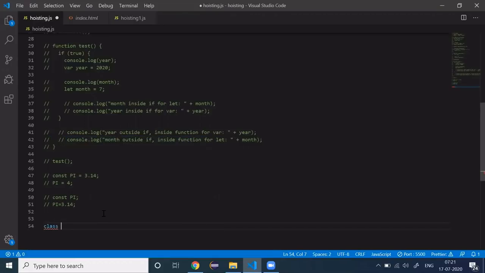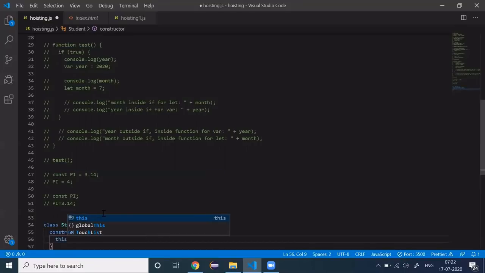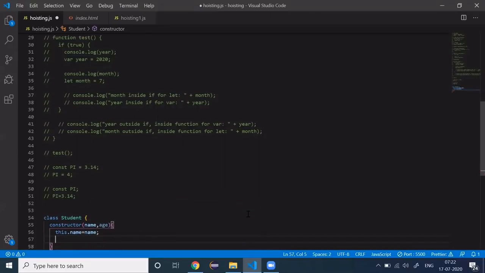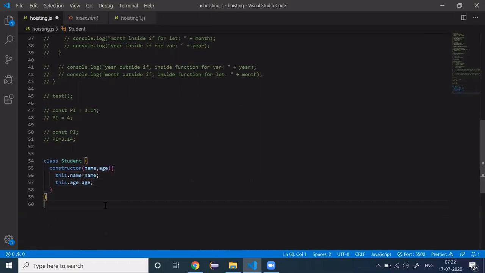Write class, let's say Student, create a constructor with values name and age, and then this.name equals name, this.age equals age.